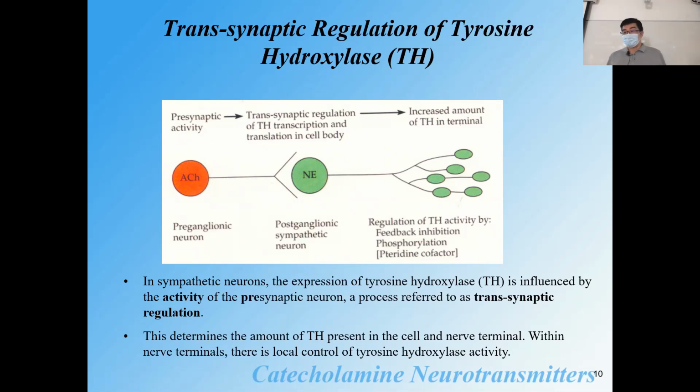Just like in the AMPA and NMDA receptors, if there's just a depolarization that is not strong, then it might change how the neurons respond. But if it's very strong, then that will also change, and that's the long-term depression and long-term potentiation effects. This one is a little bit different. This is the sympathetic neuron. So if it is always activated, that means the neurons need to be more active, and then that controls the future activity. Okay.